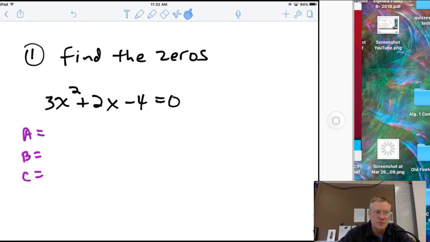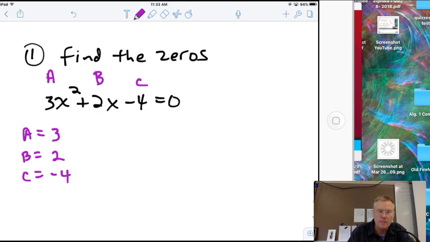So, same directions, remember find the zeros is the same as finding the x-intercepts, which is the same as solve it. In other words, you're using the quadratic formula to solve it. Alright, so first thing we do is find a, b, and c. A is what's in front of the x squared, which is the 3. B is what's in front of the x, which is 2, and C is the regular number, which in this